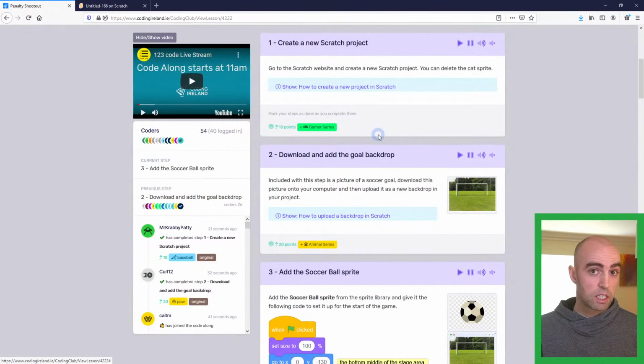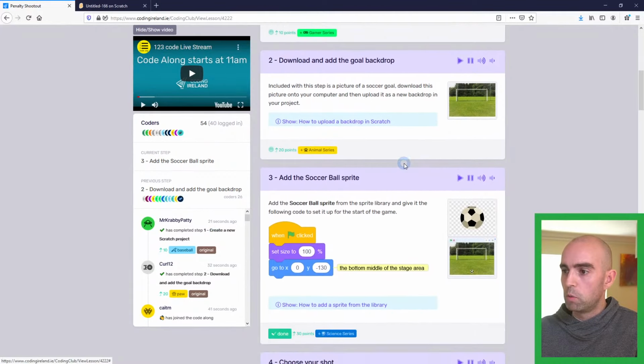So you'll get that 60% of the time original, 30% of the time you'll get a rare, and then 10% of the time, so 1 in 10, you'll get a legendary version of a badge. Okay, it seems like a good few people have done that step, so we're going to move on